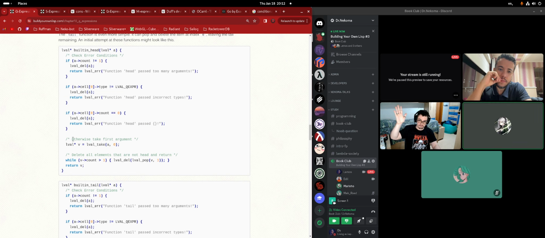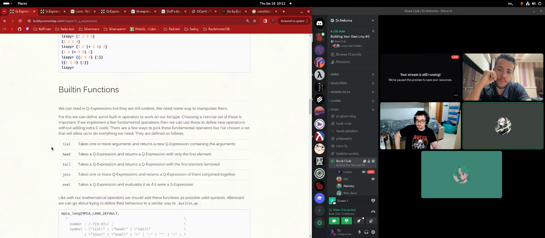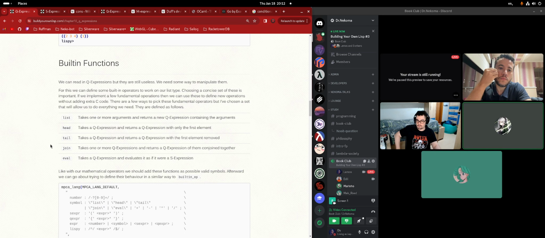That's what it means. Yeah, but I'm not sure if I would call it a mistake or just a very weird implementation decision. This head is not actually the same as the Haskell head that returns the first element. What it actually does is it drops every element except the first, but it's still a list around the elements. And I don't know why that is what is written here.